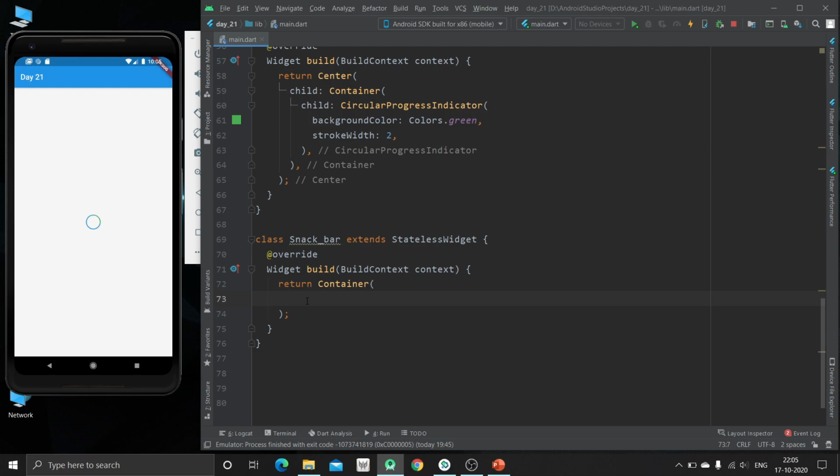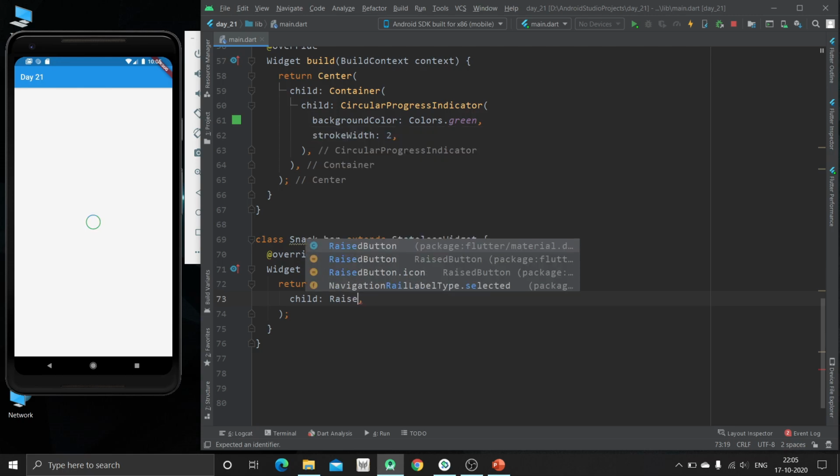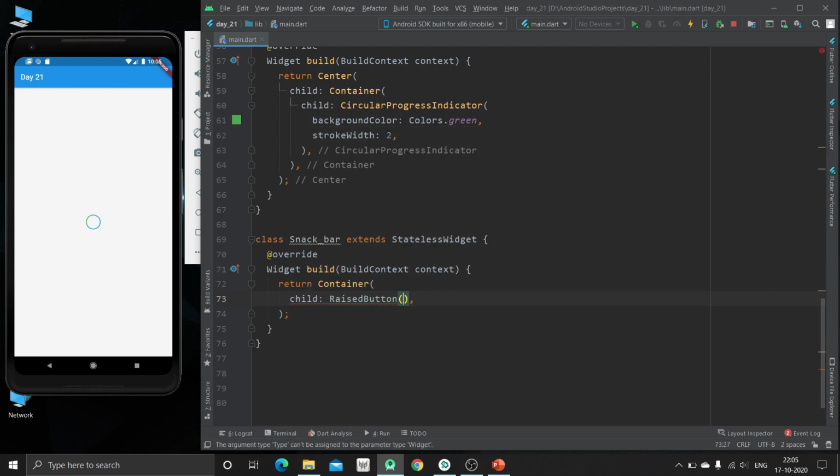For that we will create a RaisedButton. The child will be a RaisedButton, and on clicking that RaisedButton the message will be shown. So the text will be like, this is snack bar.